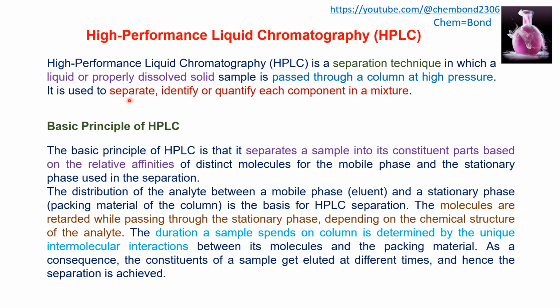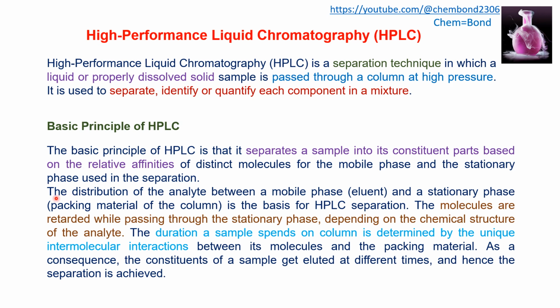It is used to separate, identify and quantify each component in a mixture. The basic principle of HPLC is that it separates the sample into its constituent parts based on the relative affinity of distinct molecules for the mobile phase and the stationary phase that are used in the separation. So in chromatography, the two basic terms used are the mobile phase and the stationary phase. And the solute molecule will distribute itself between the mobile phase and the stationary phase based on its affinity towards these